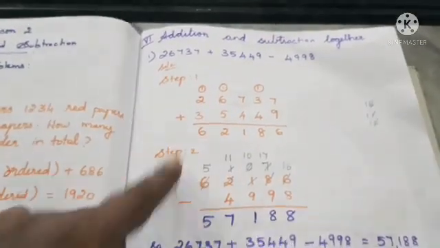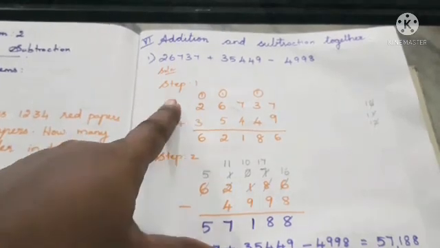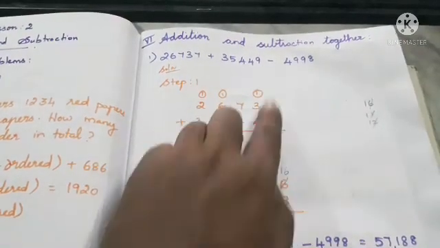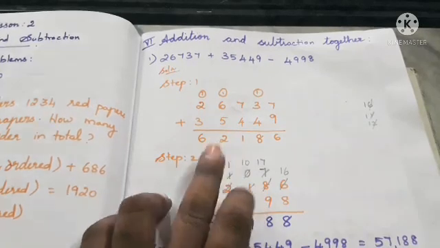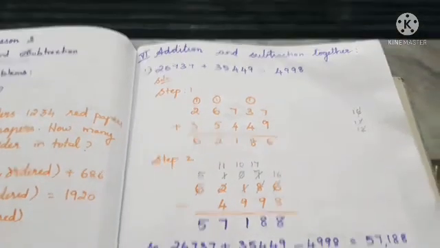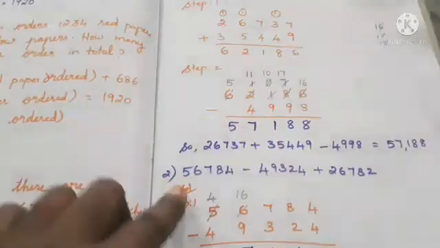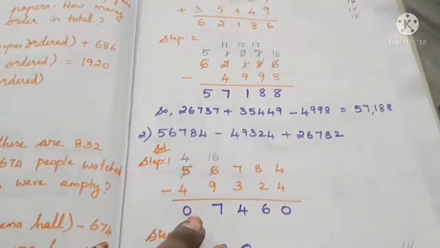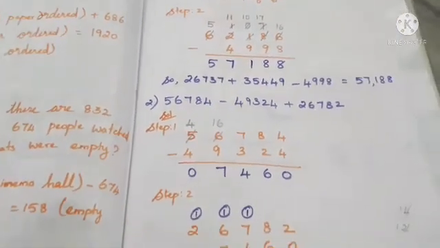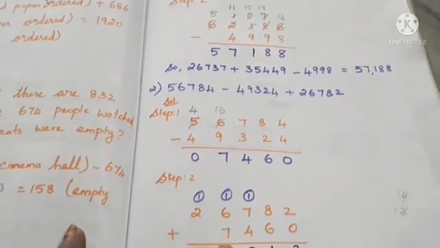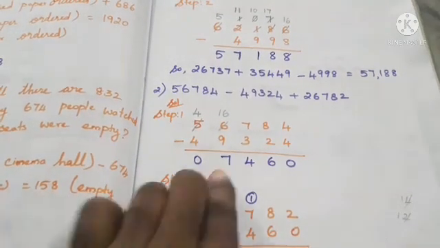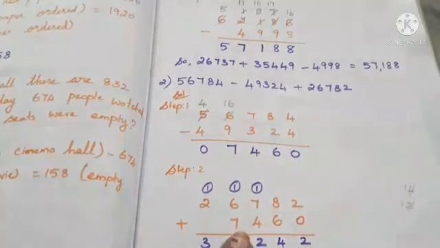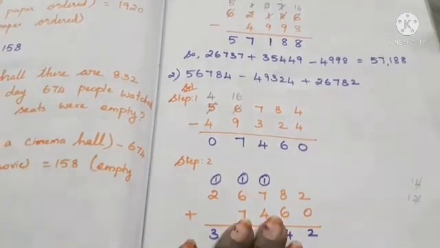Here we have to add the number first. That is step 1. We have the plus operation, so first we have to add it. The second operation we have is minus. So the answer we get in step 1, we have to subtract with step 2 and get the final answer. Here also, we subtract the first 2 numbers in step 1. Afterwards, we have to do the second operation with the first step answer. The second operation is addition. We have to add the second value with the step 1 answer. This is also easy.